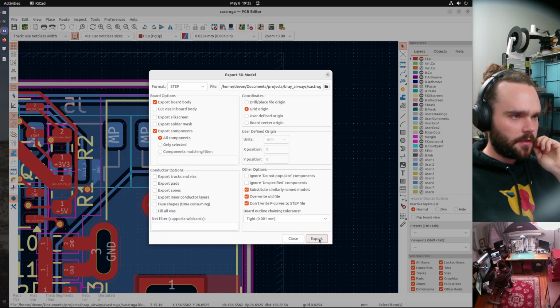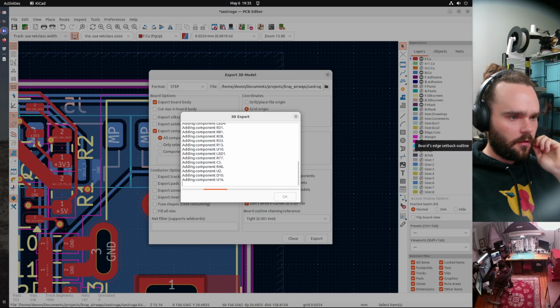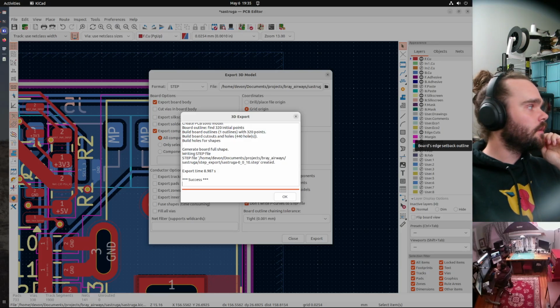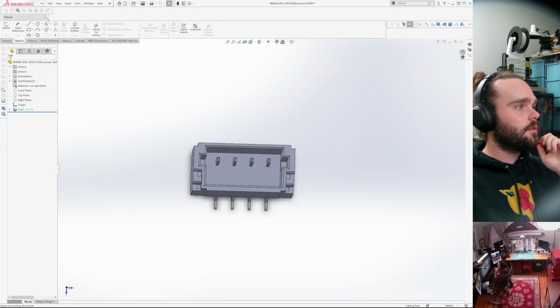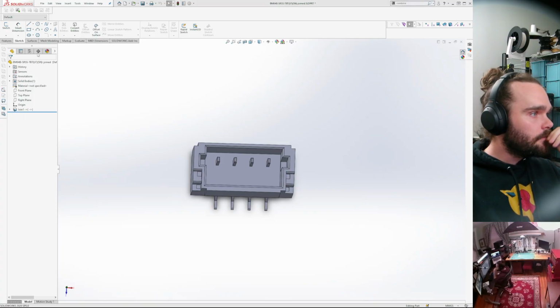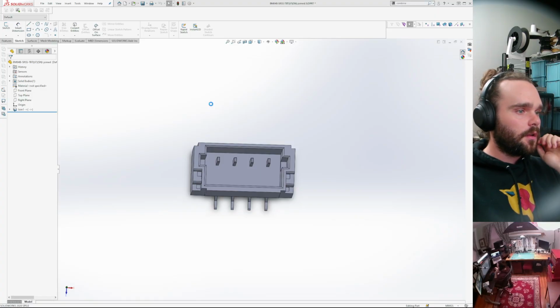So we're gonna export this as a step again. Step export. Okay, that's exported. So we're gonna try opening this in SolidWorks. Okay.